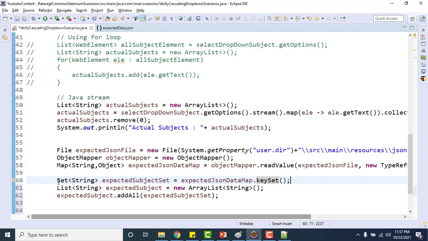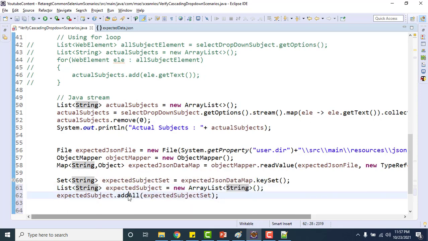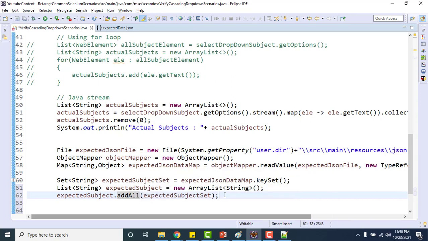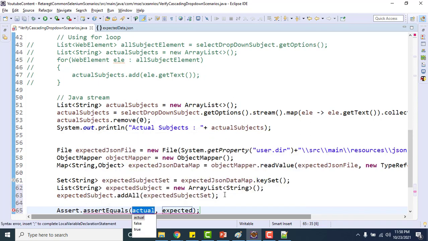So I converted this set of string to a list of string: I created a list of string, then used the addAll method. This addAll method takes a collection, and all the elements in this set will be added to my list. Now I can use the assertion method from TestNG, like Assert.assertEquals.